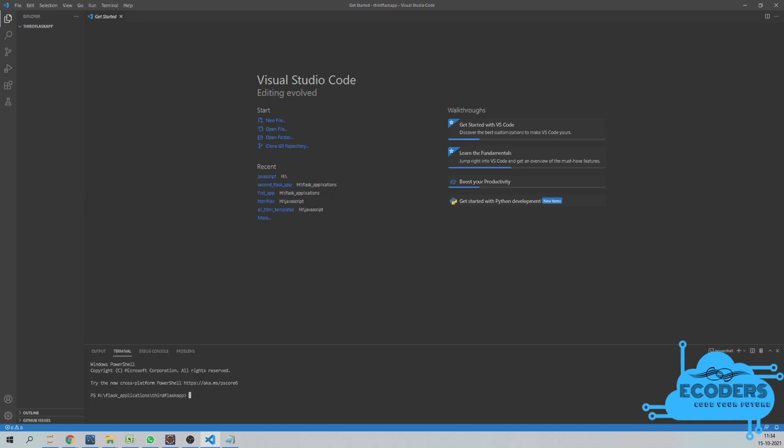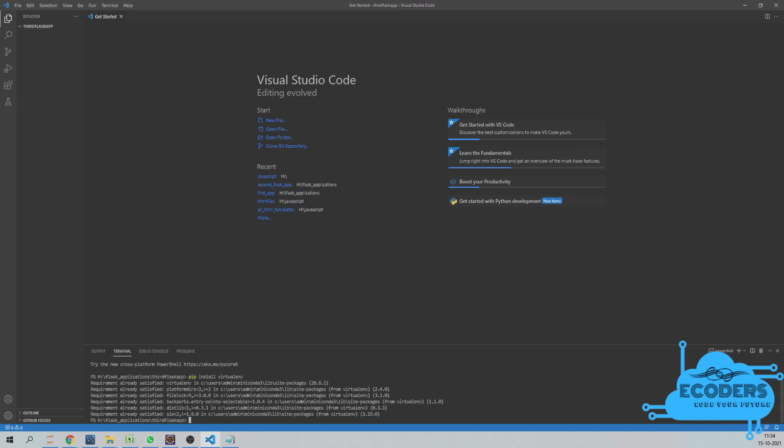The first thing you are going to do is create a virtual environment in which you are going to install the Flask libraries. So first to install virtualenv, you just have to say pip install virtualenv, which means virtual environment. Just click enter. If it's already there, it's going to say requirements are satisfied. If it is not there, it is going to download. Now you have downloaded virtualenv, but you have not created a virtual environment yet.